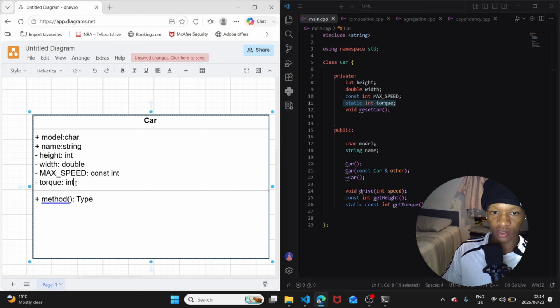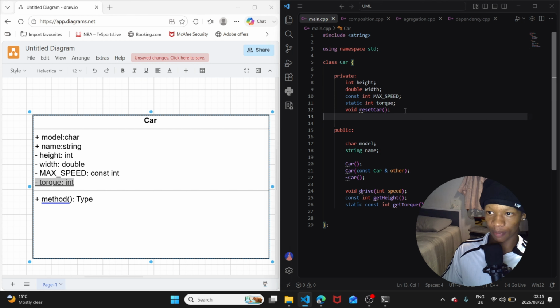So what we do with static functions, or rather static properties, is we need to underline them. So I'm going to highlight that and then underline it, right? Now programmers know this general rule, so they know that this is a static member. So once we have filled in those properties, we can go ahead and fill in our